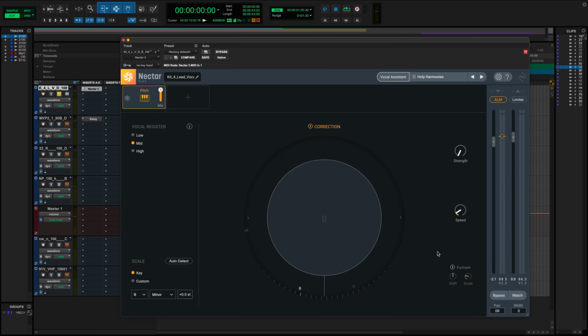Now she's already very much in pitch, so all we're getting really is the effect of the pitch correction, which is what a lot of people want. So I'll leave it at 100 and I'll move over to speed. And this is in milliseconds how quickly, again in milliseconds, it's snapping those notes according to the scale. If we go to 0 milliseconds, we're really going to get that auto-tuney kind of pitchy effect. If we go to around 200, we're going to get a more smooth, natural pitch correction. But again, most people, what they want is this very kind of quick 0 millisecond effect to get that auto-tuney sound. So have a listen as I go between those extremes.